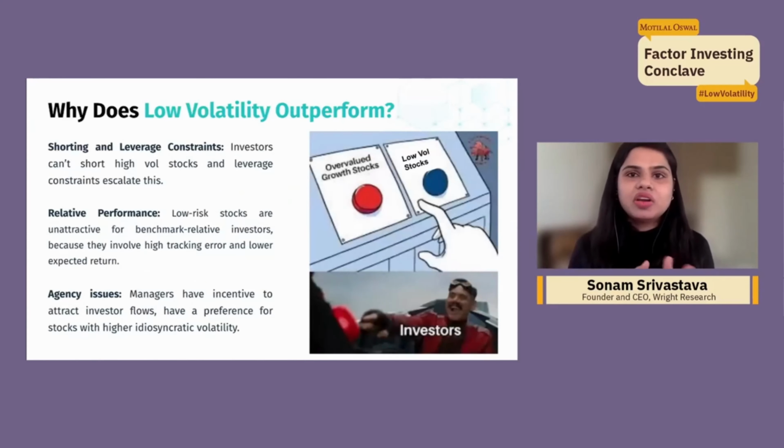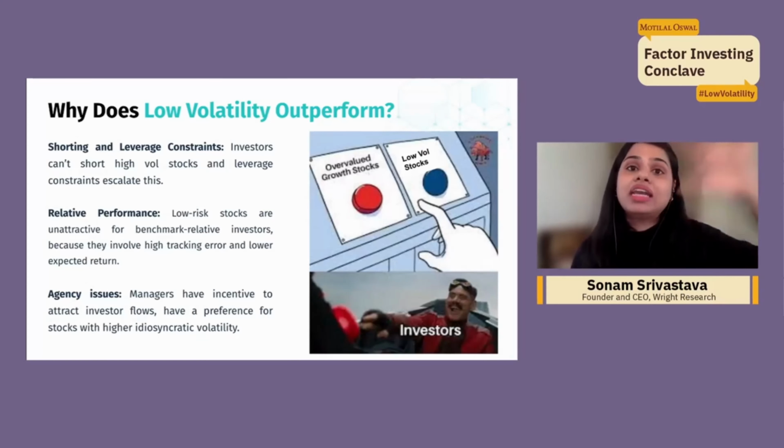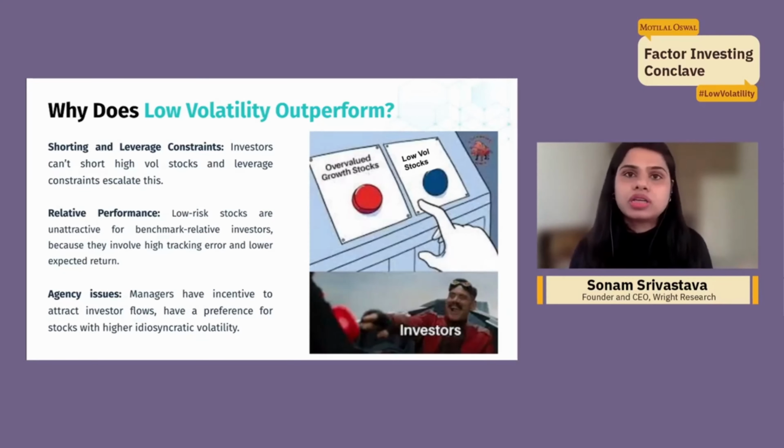The second explanation of this low volatility anomaly is that investors have their own constraints. So one thing being that these low volatility stocks, even institutional investors, I mean, there are huge funds out there. Why are they not betting on low volatility? Why are they betting on the high volatility stocks, the high beta stocks? So one explanation for that is that